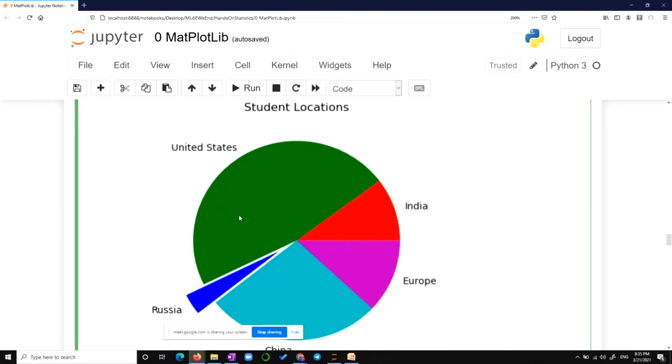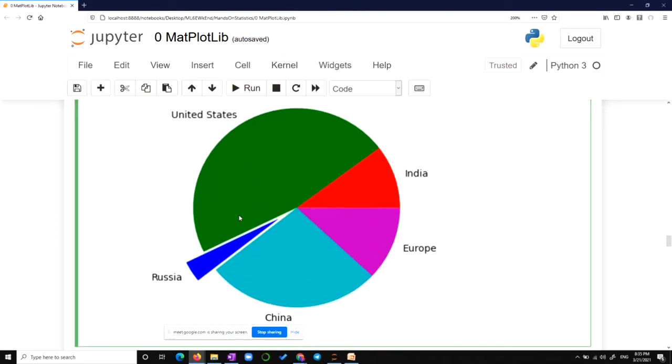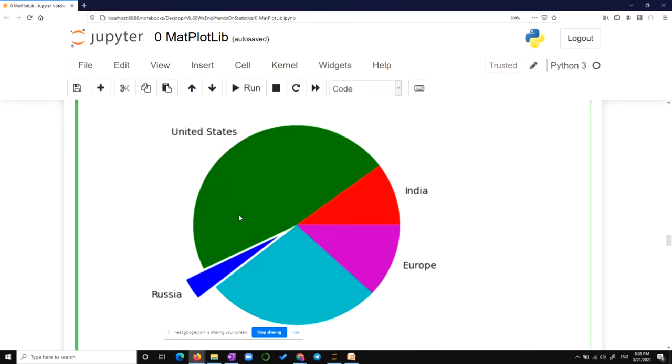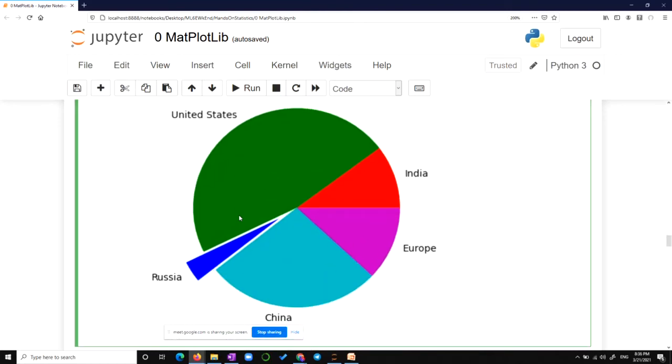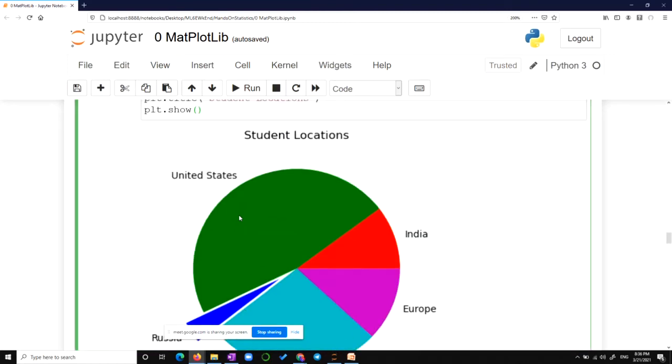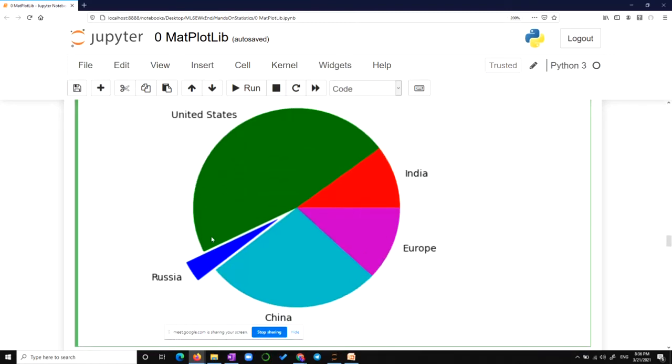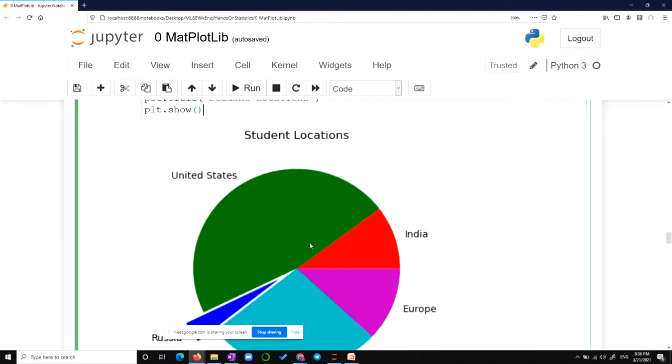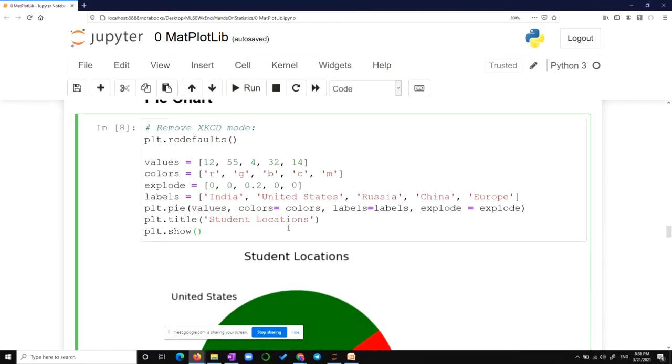It could be different. Maybe it is about which country has the best scientific papers being produced in the world; that data will be different. Maybe it's not Russia, maybe it's China or the United States. So you would want to explode the United States. For that, of course, now you need another way in which you are going to mention which one has to be exploded, right?